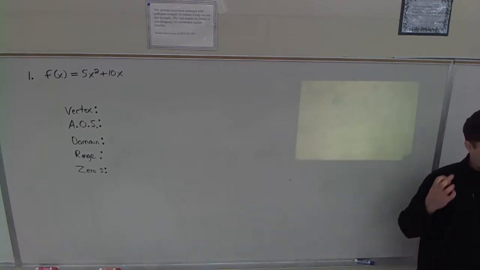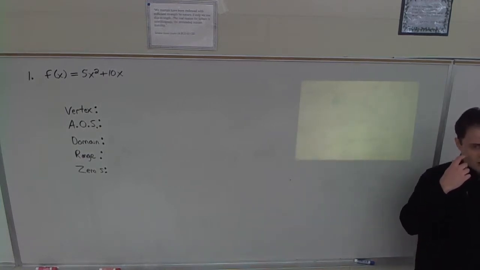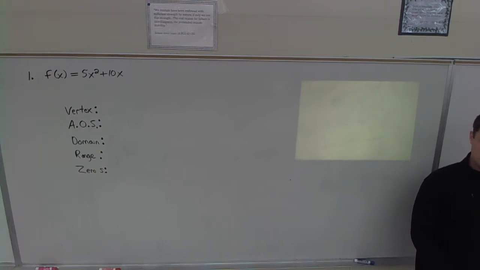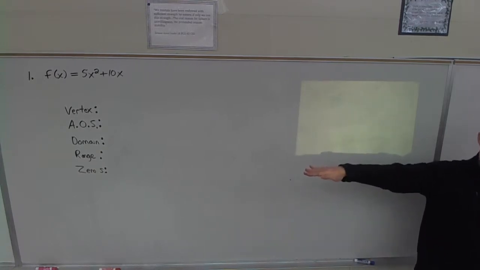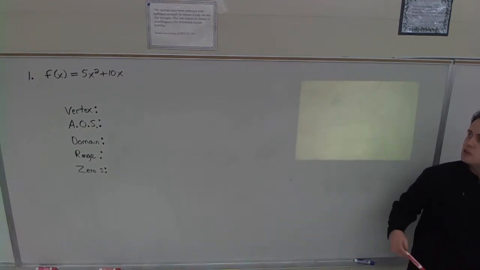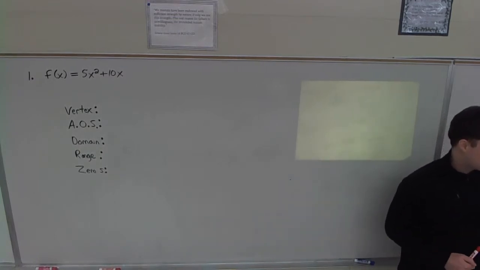What's the AOS? Can you guys remind me? The axis of symmetry. The axis of symmetry, yep, and the domain and range. And zeros, what were zeros? Did we talk about zeros yesterday? Yeah, those were the x-intercepts where it crosses this axis. Great. Okay, so we're going to use our calculator to have us look at the parabolas this time,